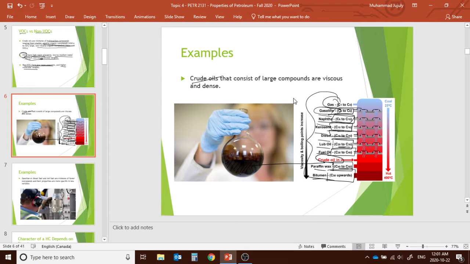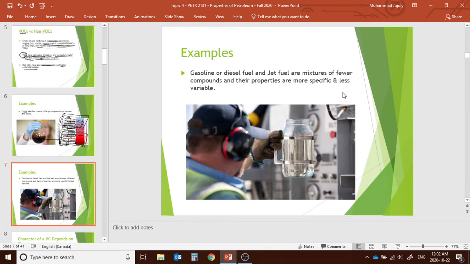For instance, in the Canadian crude oils, the bitumen content is very high. That means it's heavier. But the Saudi Arabian crude oil, for instance, or any Middle Eastern crude oil, those have a lighter portion. Examples: the gasoline or the diesel fuel or jet fuel, a mixture of a few other compounds. So these are the variables. Right,